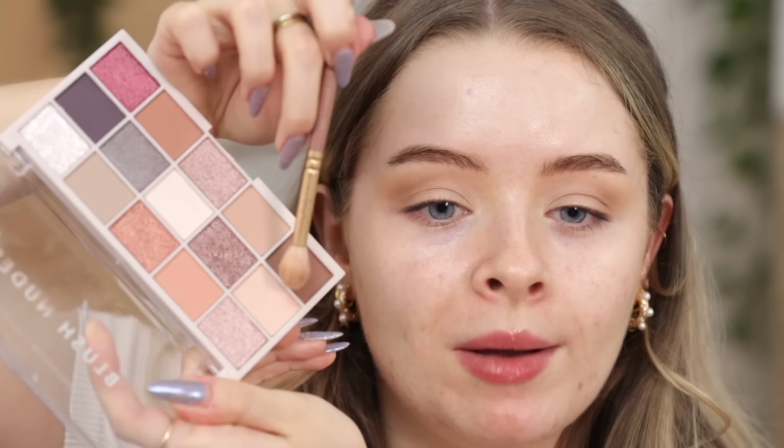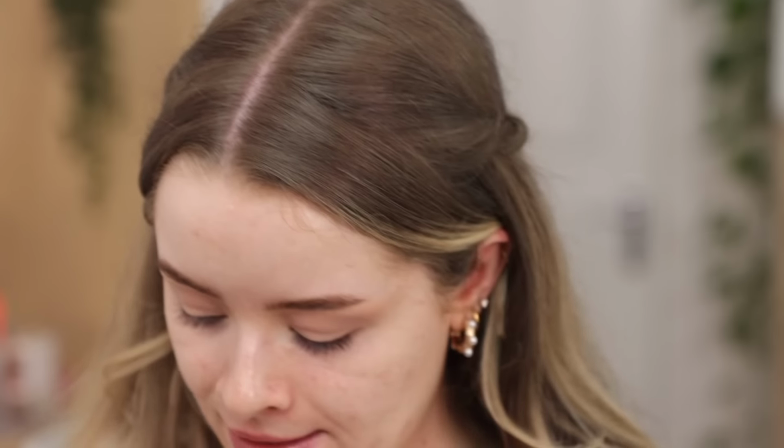And if you want to go for some more pinky tones, then I might just dip into this palette. You know what? I'm going to dip into this light pink. I'm just going to use that to make sure that the edges are blended nicely. Next, I'm going to take this medium to dark-ish brown from the MUA palette, and I'm just taking this on